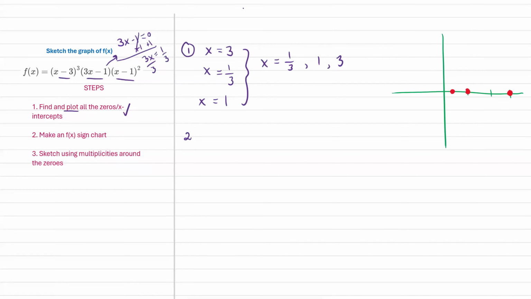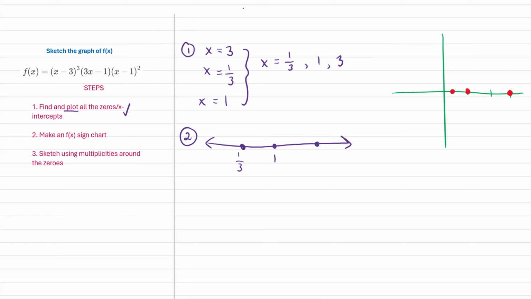Step 2, what do we do next? Let's make a sign chart for f of x. Great. Let me erase all this mess I made. Okay, so the sign chart, you could do it vertically or horizontally, either way. But you plot all of them in order here. So we have 1/3. These are the x values. Positive 1, positive 3. And what I like to do here is how you would look at it if you wanted to do it